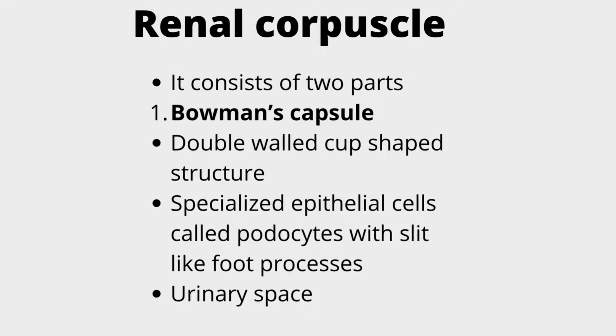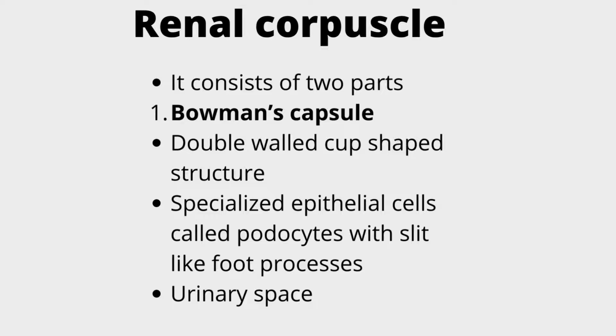You can keep this in mind because this is a general rule when you study biology, because many structures have coverings, and the coverings are most of the times divided into an inner layer and outer layer, and the inner layer is always called the visceral layer and the outer layer is always called the parietal layer. The inner layer, or the visceral layer, has epithelial cells that are specialized because they perform a special function. And what is that function? It is filtration.